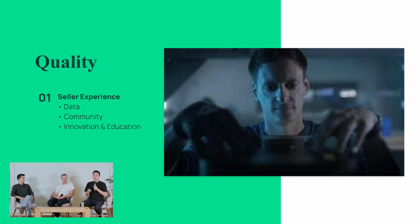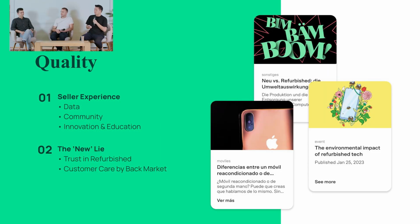So, for example, when you refurbish the phone and change the battery, Apple would put up a notification saying this is an incompatible battery, when in actual fact it isn't. It's purely the system and the industry designing itself to make it closed and not sustainable in that sense. So I'm going to just skip the video